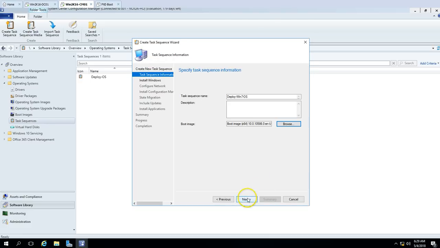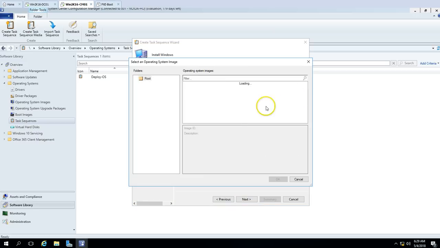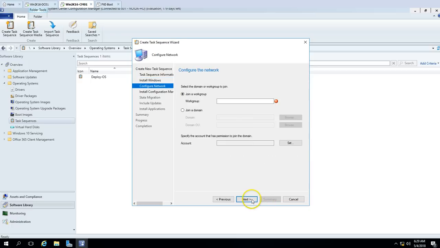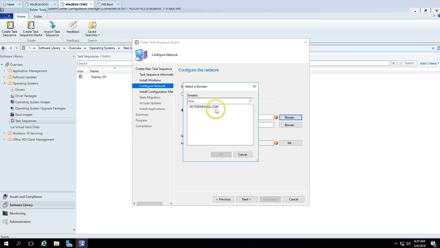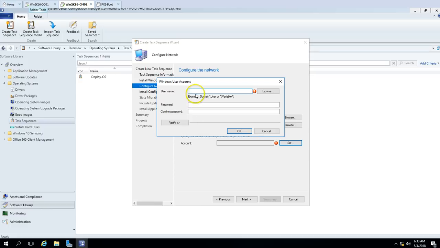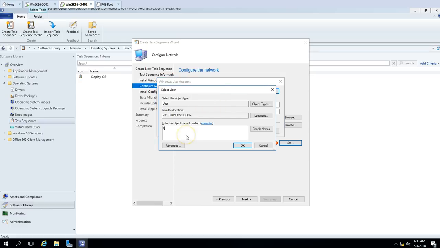I'm going to select this, click next. Image package, I want to select Windows 7 Enterprise and don't want to do encryption, and I'm going to set the password for this local administrator. Click next, and I want to join my domain, and the OU would be Victor workstation, and now I have to put my credential here